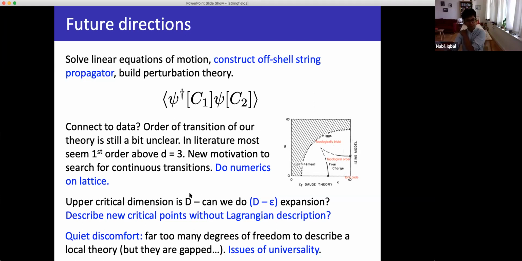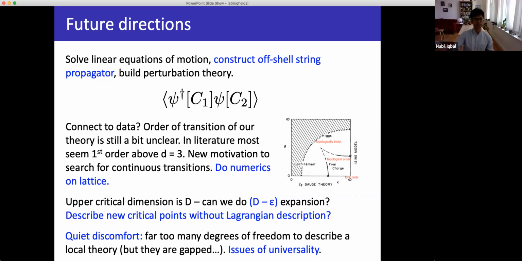Another thing is the upper critical dimension, which I think is 8, but might be higher. Normally, if you have an upper critical dimension, you can do a d minus epsilon expansion below the upper critical dimension. For normal field theory, this is a 4 minus epsilon expansion. For us, it would be an 8 minus epsilon expansion or worse. But what this suggests is you could try to balance this scaling and build a new critical point using this theory. This new critical point would probably not have a conventional Lagrangian description. It would be built around these stringy concepts. But it's very exciting to wonder, can I use this to describe these exotic theories, and string theory and so on, that are known to not have known Lagrangian descriptions?